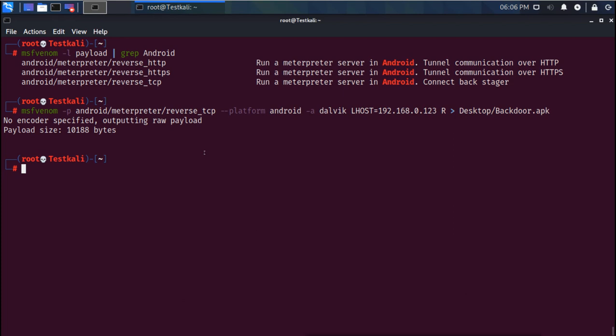Now how can we do that? We can send it as an email attachment. Now when the victim downloads the attachment and installs it, it will be attacked, it will open the backdoor, and we can connect to that Android device from our Kali Linux.